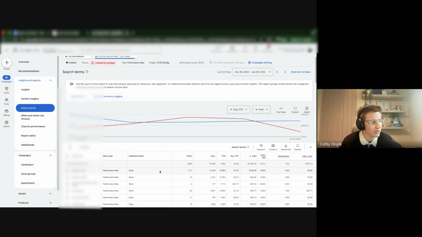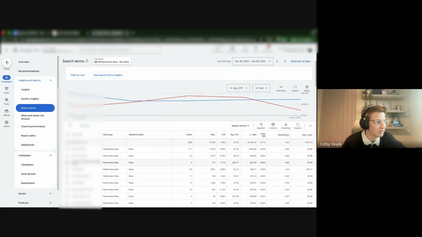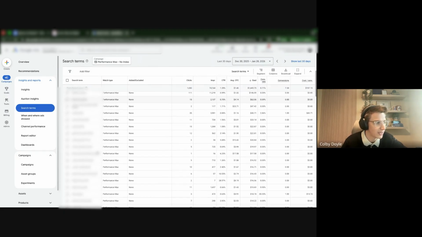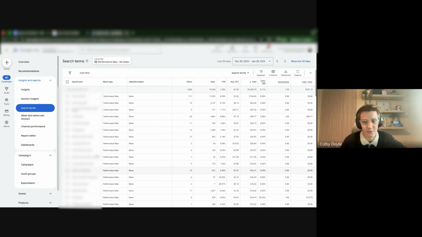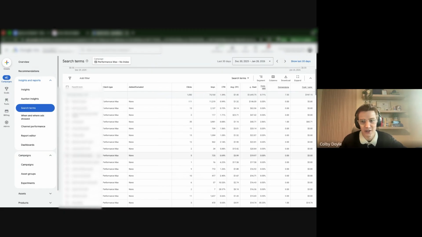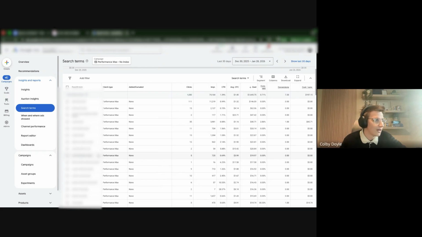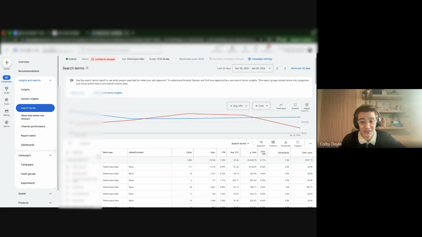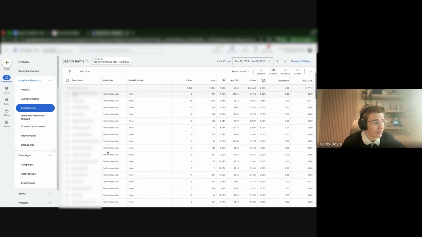What you want to do, the very first thing when you're going in here, if this is truly a cold campaign, you should not be seeing any brand in here. Because if you're seeing brand in here and it's claiming to be a cold campaign or a non-brand campaign, that means that ROAS you're seeing is just retargeting, and you're spending money that should be going to your cold customers, which would stretch out your bottom line much better. Instead, you're just retargeting, and you're likely indexing too high on people who are already going to convert anyways.